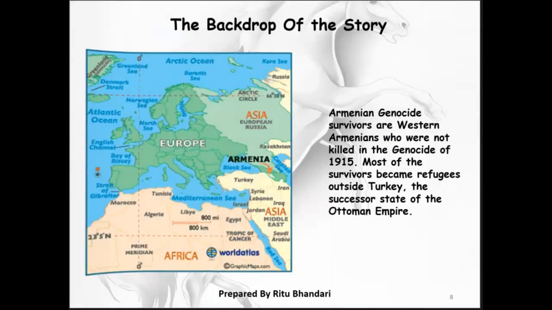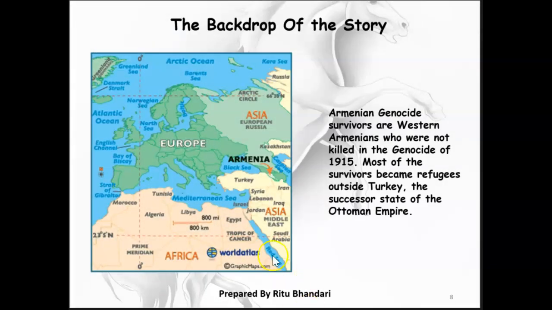So let's understand what was the backdrop of the story. Again, I love the photographs. It helps me to explain the whole chapter in a much more explicit manner. Now, first of all, we have to understand what is genocide. Genocide means when a mass and a number of people are murdered together. You can say like Hitler, the concentration camps. The whole idea was to kill the Jews. So when a whole mass number of Jews are killed in one go, that's genocide.